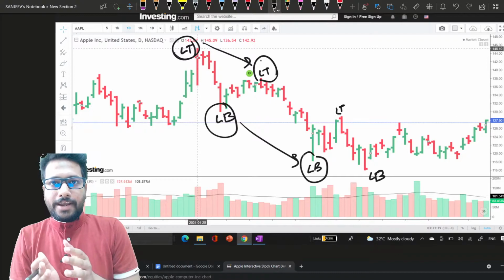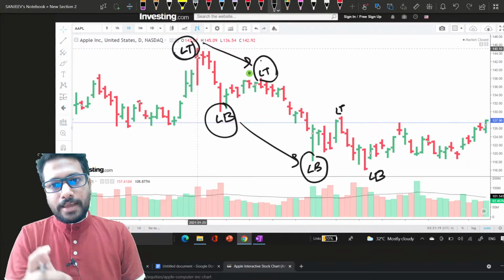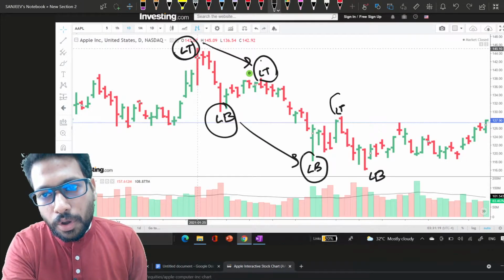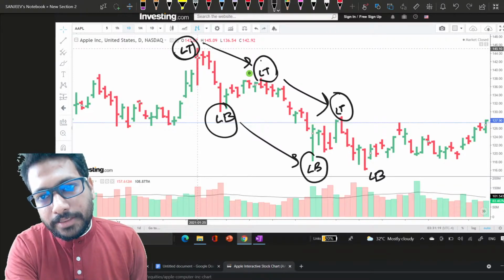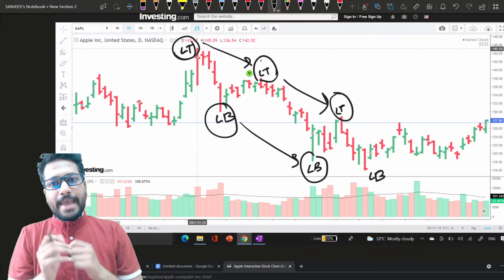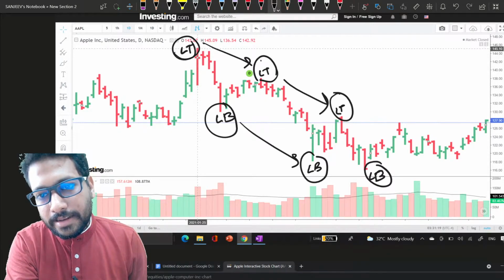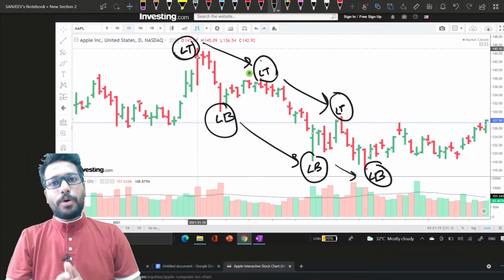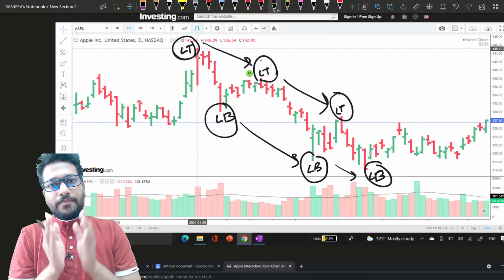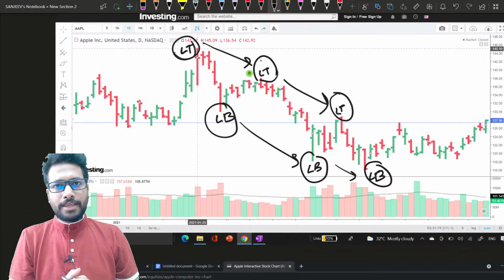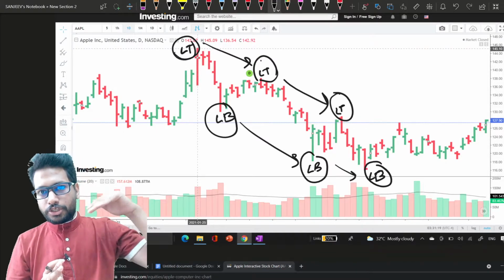And this trend keeps on repeating itself, that again the next lower top is less than the previous lower top, and the next lower bottom is again less than the previous lower bottom. So if this trend keeps on running, then it is a clear-cut indication that the market is showing a